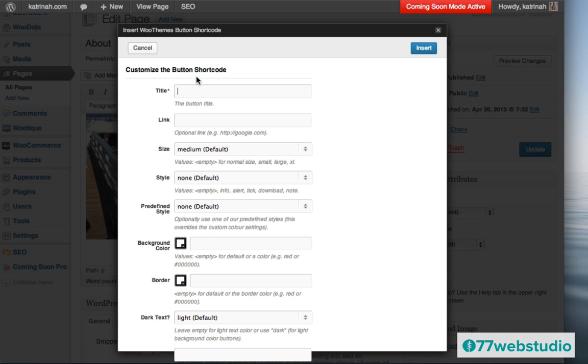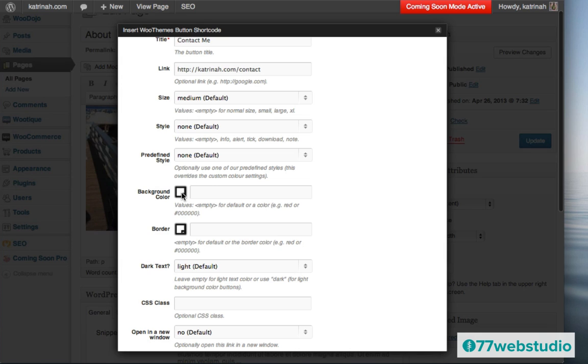And then you'll notice that you have all these different customizations and options to create your button. So the title of the button is going to be Contact Me. And then I'm going to create a link. Now the link was my contact page, so it's http:// the name of my website, which is my domain name, and then the link is just /contact. If you created a different page title, and your page title was not simply Contact, you may have a different link here, and you want to add whatever the link is to your contact page right here. Okay, this looks good so far.